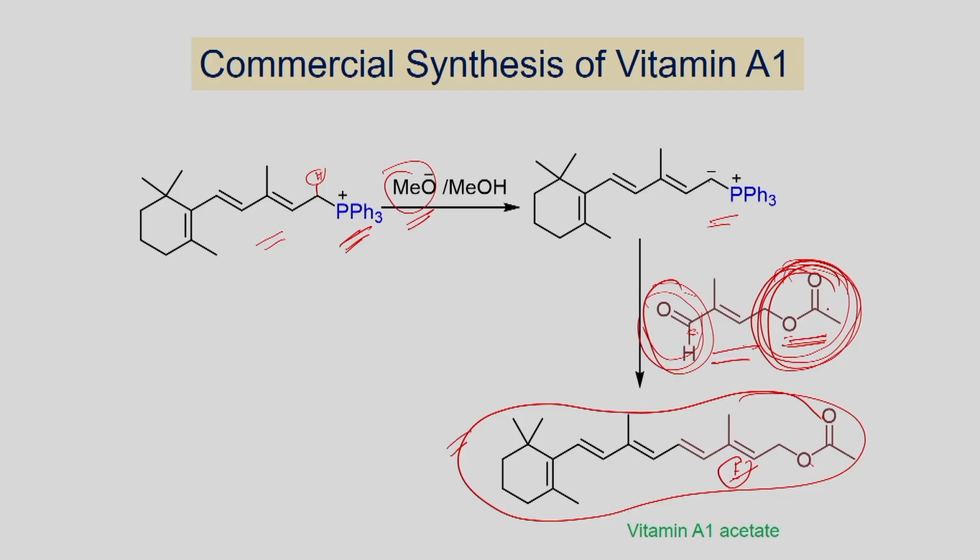Wittig reaction is an excellent method to make alkene if you have the aldehyde or ketone. At the same time, the substrate can have a variety of reactive functional groups like ester and nitrile group, and they are intact under these conditions. Whereas if you use the Grignard reagent, which can also undergo addition reaction, you will get a mixture of complex products.